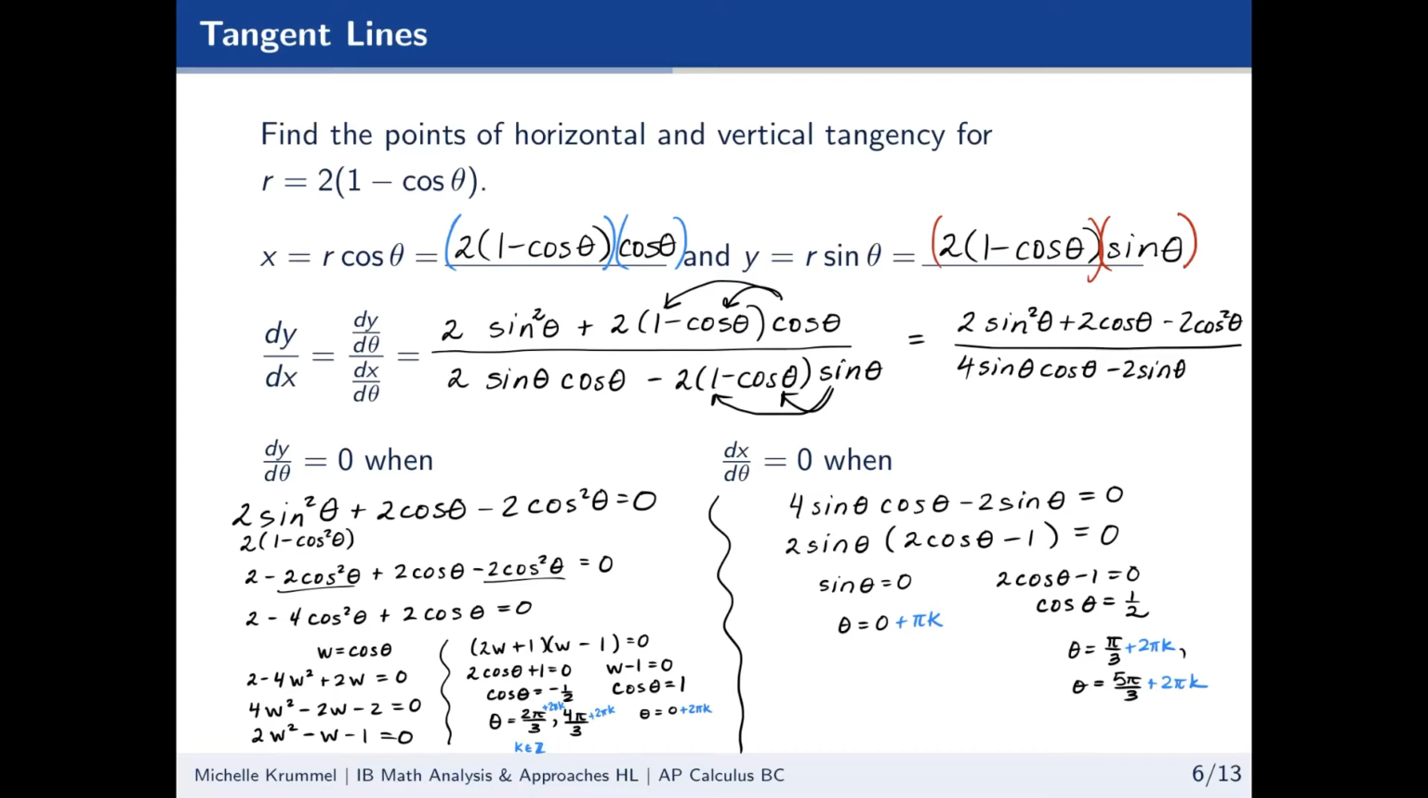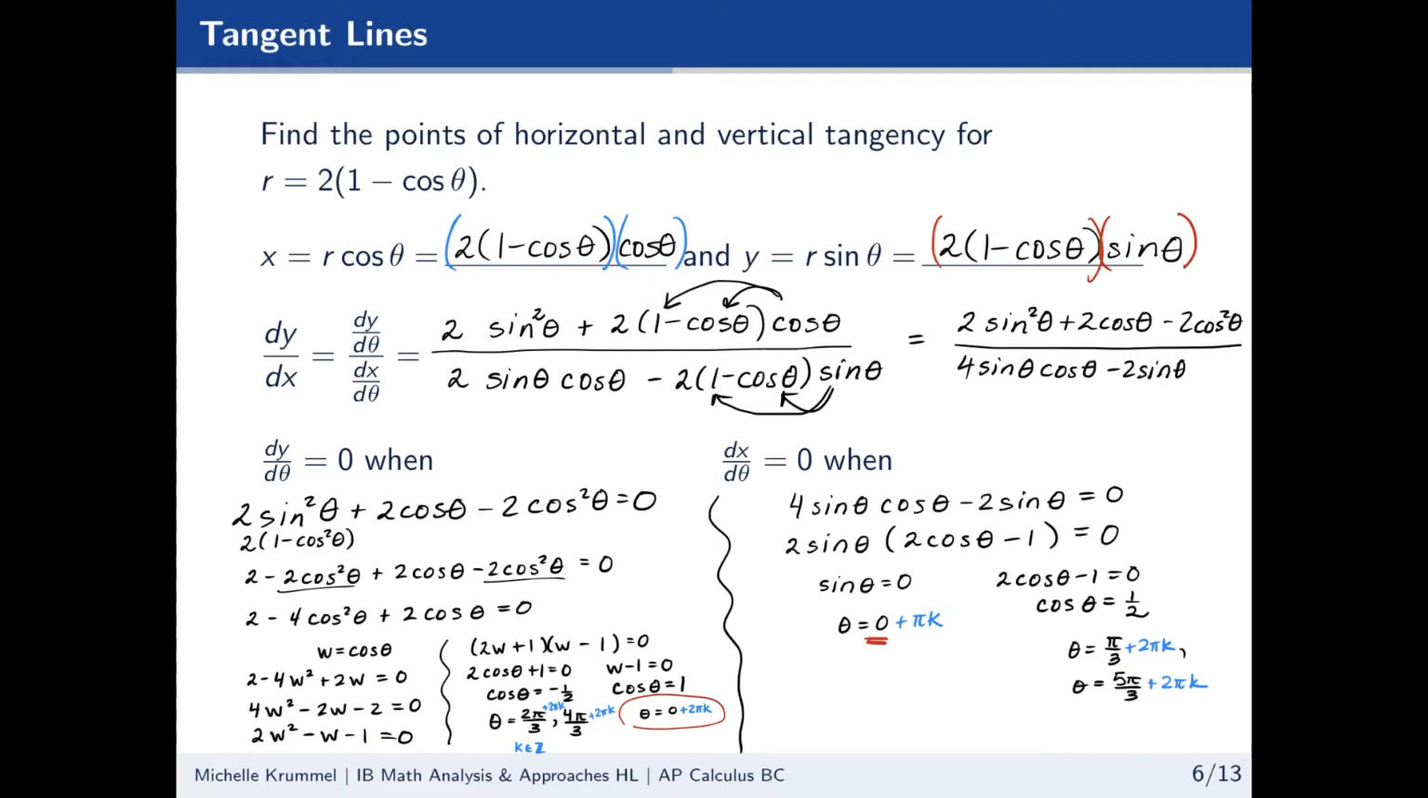2 pi over 3 is only a solution for dy d theta equals 0, not for dx d theta equals 0. And if we add or subtract multiples of 2 pi to that, we're still not going to have a common solution with dx d theta equals 0. Same with 4 pi over 3, that one's good to go. But theta equals 0 is problematic because theta equals 0 is also a solution over here. Now we have to be careful in crossing that out entirely,